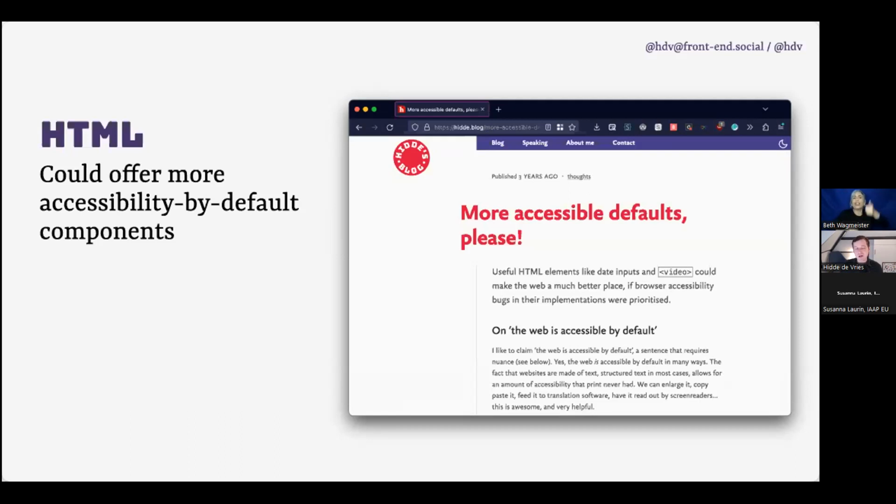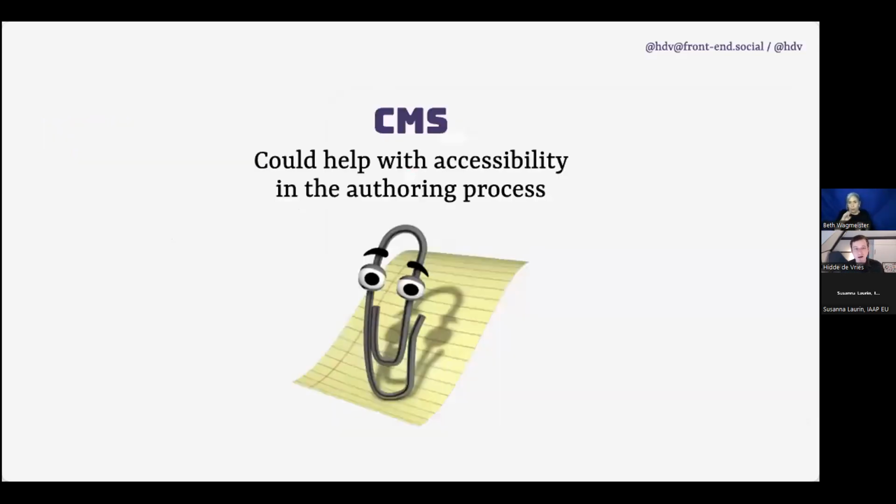If the HTML video player works, and it has all the accessibility edge cases covered, then that's a lot better than every individual website out there, billions of websites, all needing to build their own video player and having potential for bugs there. It's better if the bug surface is just the browser engineers, like that one team at Chromium and that one team at Gecko who are building these engines and can fix these issues, rather than every single web developer in the world. Okay, but we're not here to talk about design systems necessarily, or browsers or HTML. I'm here to talk about CMSs. How could they help with accessibility in the authoring process?